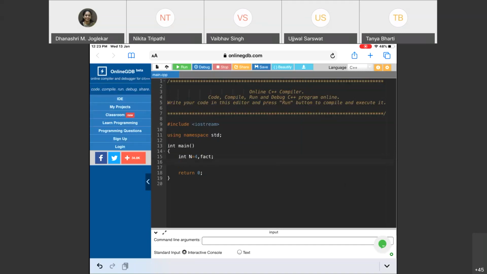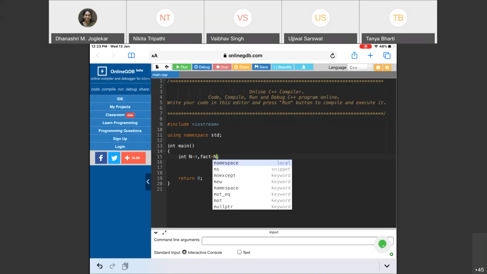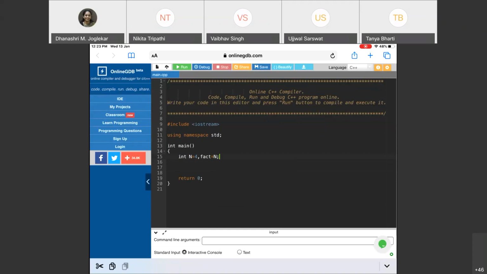Thereafter, can you tell me what we had done while drawing that flowchart? We initialized this fact as well, right? That was initialized to n in the beginning, right? Then we started with the loop, is it not?